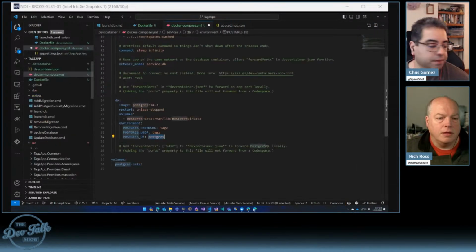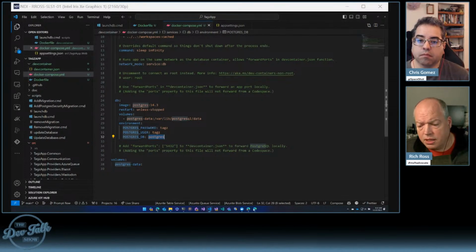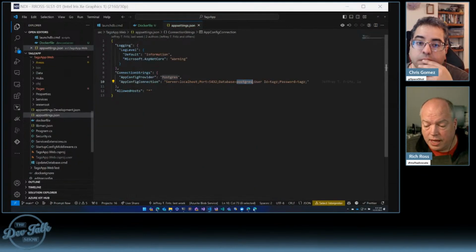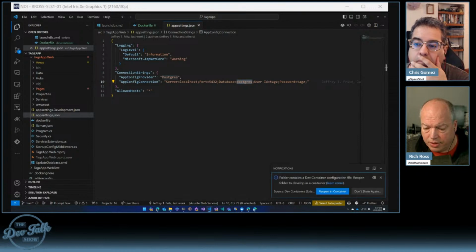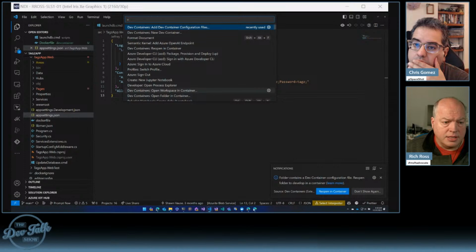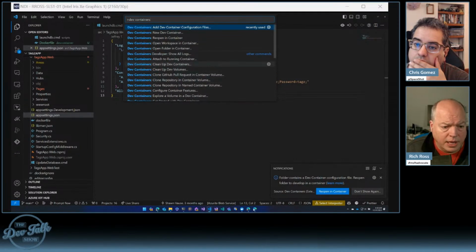Okay, so if we go here and we save this, I think that is everything we need to update. We could go ahead and let's make it run. To do that, we still have our notification bell down here that we can bring up. Short of that, we go back to the command palette and say dev containers, and let's go ahead and do